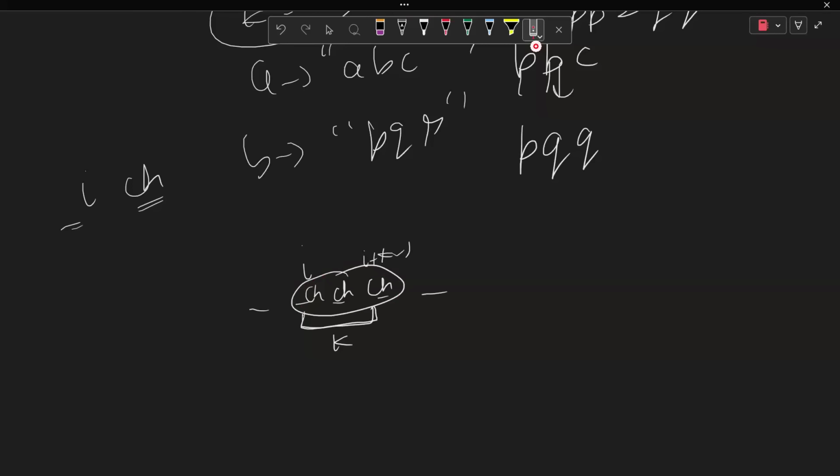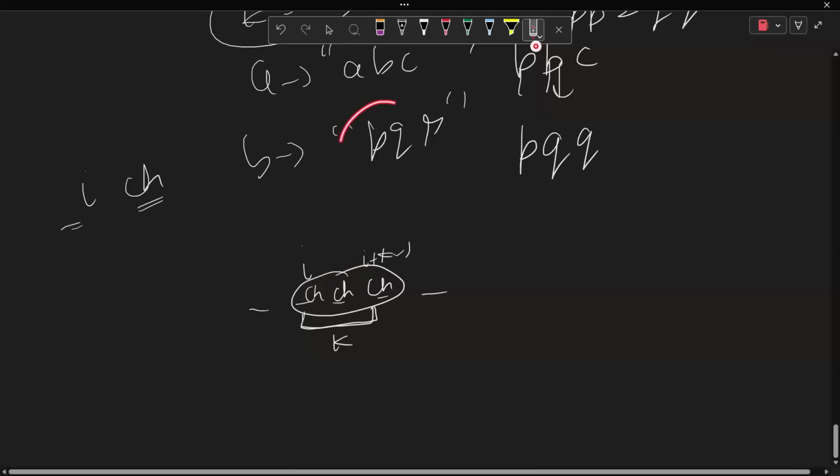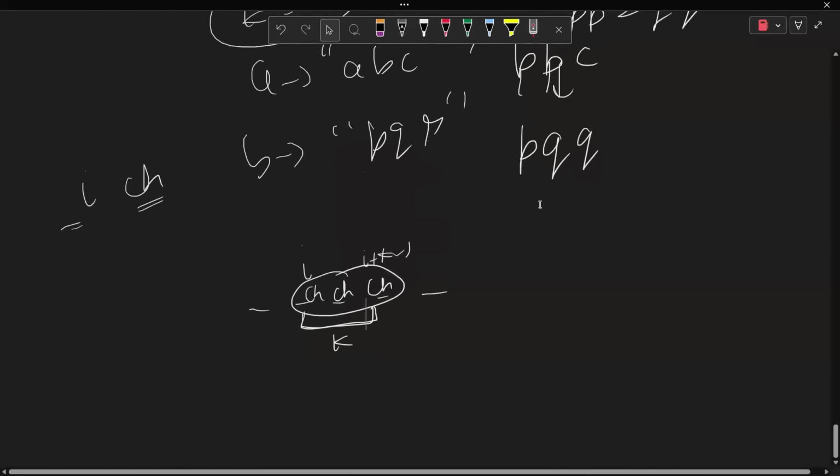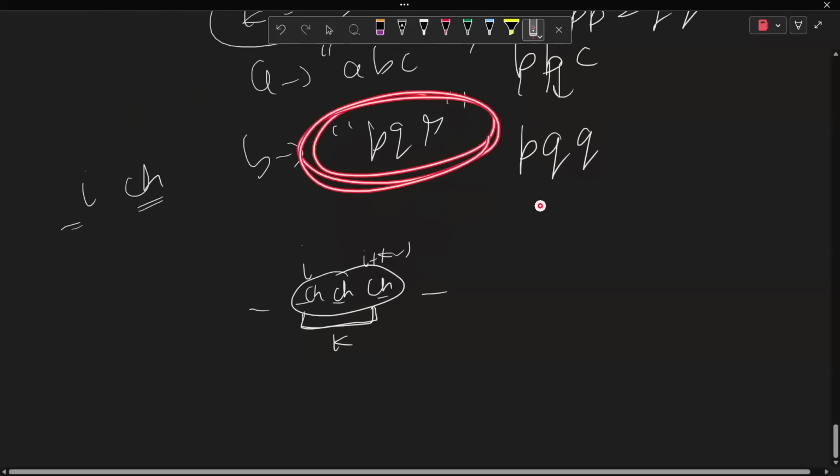If that is not there, then after a series of operations, you can never get to that B. If you look at this B, here your k was 2 and you have no character that is occurring 2 times consecutively. All the characters are occurring single times. There is no PP or QQ, nothing occurring consecutively. So you can never form this B